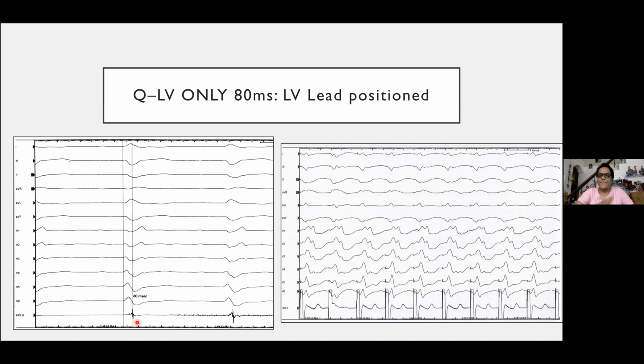The EGM that we are getting is around 80 millisecond, but we can't be choosers when it comes to LV veins. We didn't have any other vein, so this is good enough. And you can see the difference between this myocardium and that myocardium. This is a very sharp local spike that we are seeing here. So when we pace here, we get a classical LV paced rhythm.